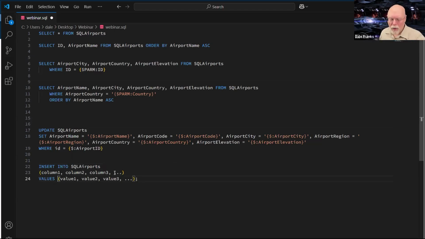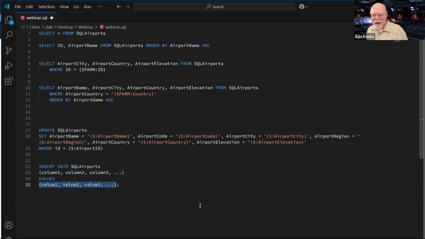The nice thing about SQL is it doesn't really care about line spacing or line breaks. It just cares that everything is in the proper order. So I'm going to set it up like this so that these two parts inside the parentheses go together. And it's important because we're going to have to do a lot of column matching, which is a huge pain when you're doing insert statements.